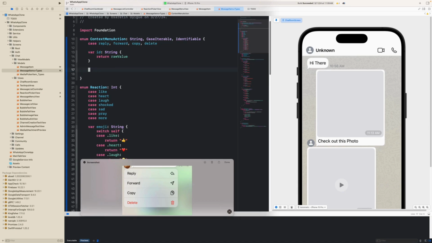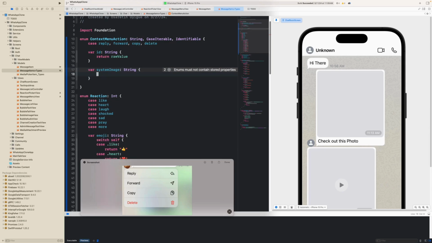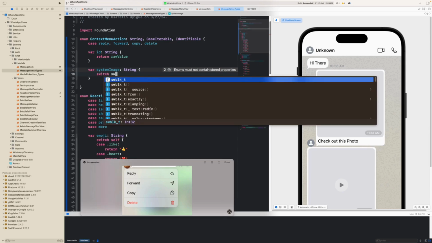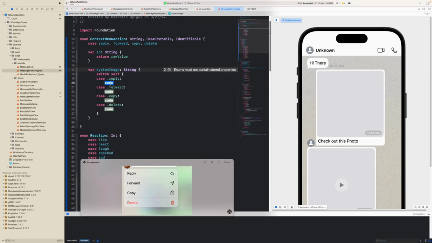And so for the system image, because each one of these bad boys has a system image, let's just go ahead and create that. I'm just going to say system image is going to be of type string. And I'm just going to switch on self as usual, self. Let Xcode do its job. And for reply, I'm going to return arrow,